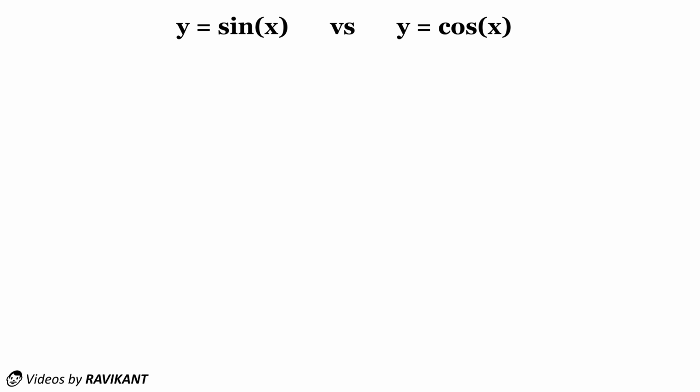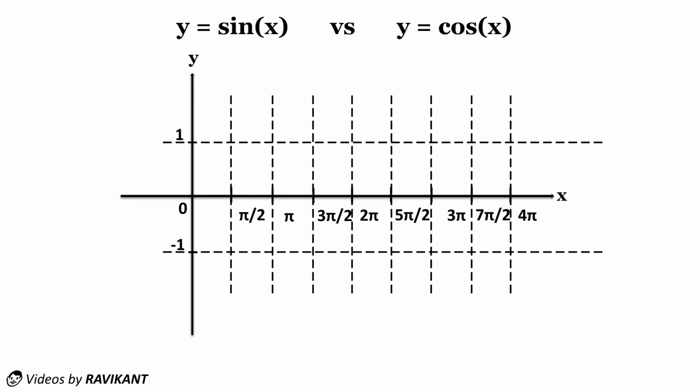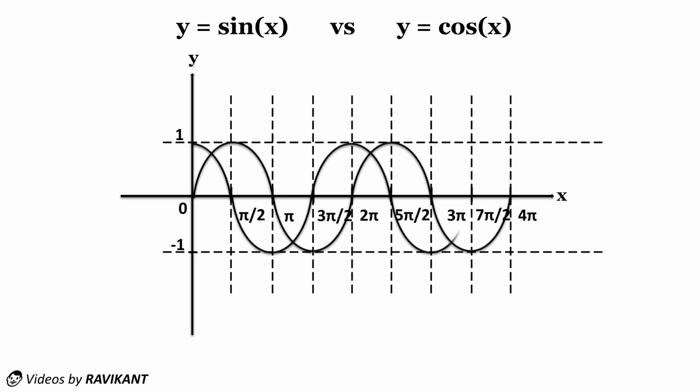Now we differentiate between these two graphs, y is equals to sin x and y is equals to cos x. So this is our sine graph and this is our cosine graph. From these two graphs we can write cos (pi by 2 minus x) is equals to sin x, because when we move left side from pi by 2 angle we get the sine graph. That's why we write this equation. And we can say that cosine graph is lagging from sine graph at the angle of pi by 2.